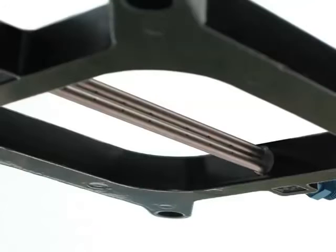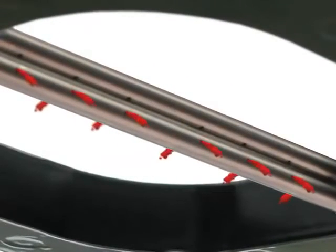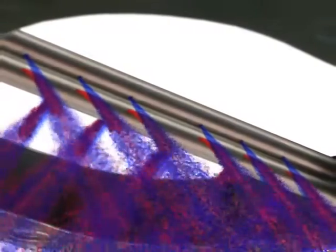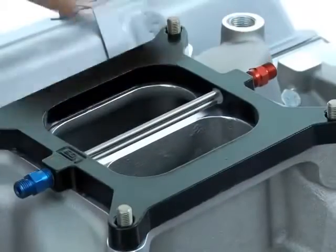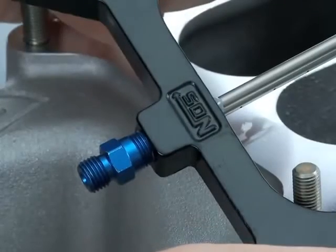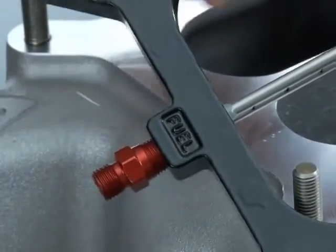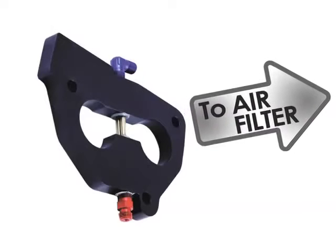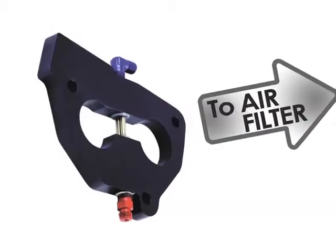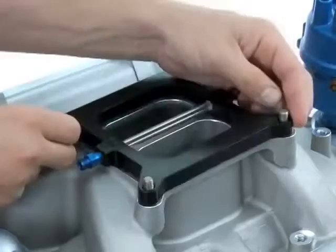When the plate is correctly positioned, the angled nitrous holes will spray nitrous oxide gas onto the exiting streams of raw fuel. Placing the plate correctly against the intake or throttle body is very simple. There's an NOS logo stamped on one side of the plate and fuel and nitrous labels on the other side. The NOS logo means up or top for carburetor plate designs and indicates out or towards the air cleaner for throttle body plate designs. Test fit your plate and decide which will face forward, the fuel or nitrous fitting,